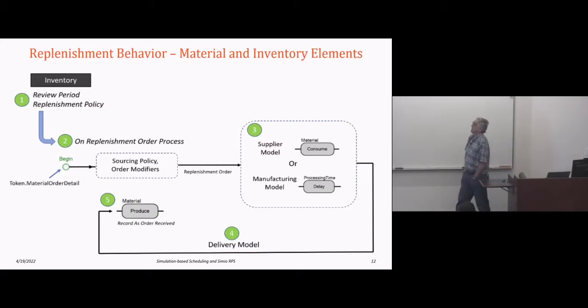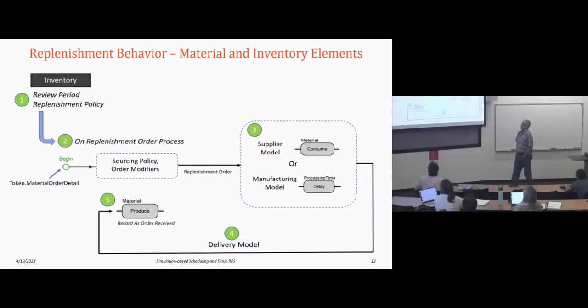We talked about this replenishment behavior, again, something that we didn't use. We didn't use the standard replenishment processes, but we talked about it quite a bit. The basic idea is that I can use a policy, and in Simio the policy sets the parameters associated with the replenishment, and then you create an add-on process called the on-replenishment add-on process, and that's where you actually implement. So you can think about implementing logic depending on what your model is, but eventually you're going to get down and have a produce step. And that produce step is what's going to actually produce or replenish the inventory.